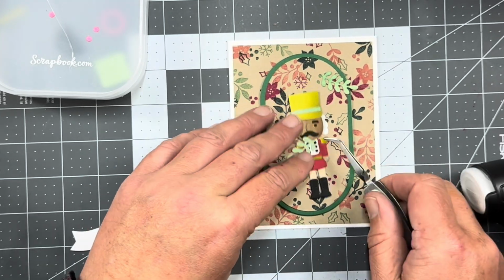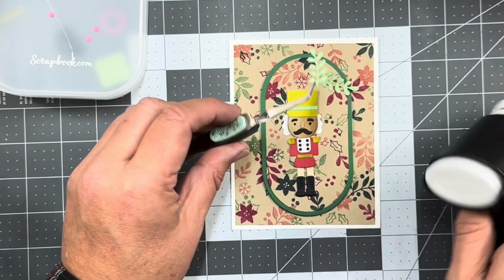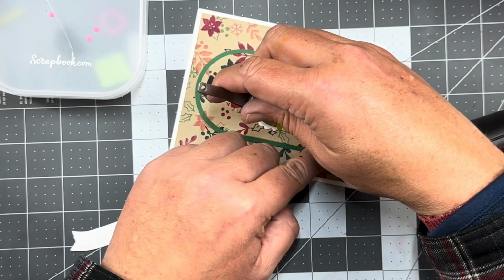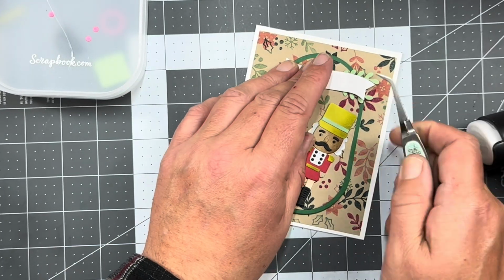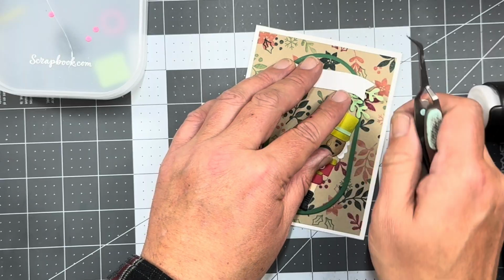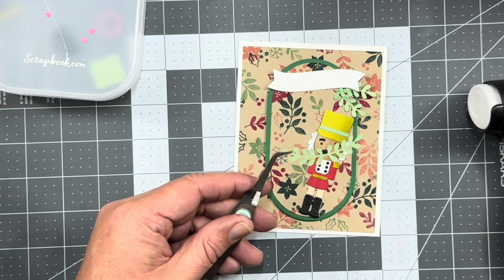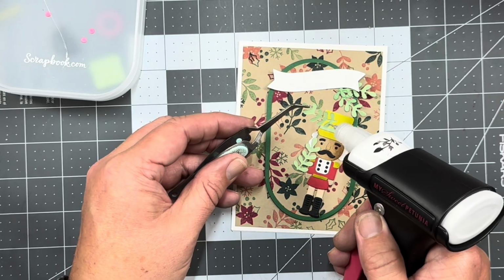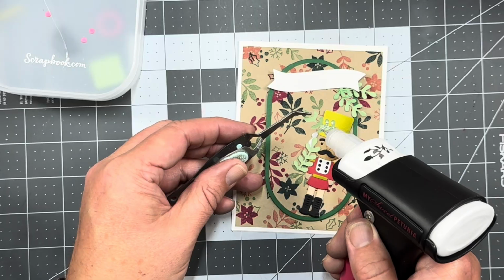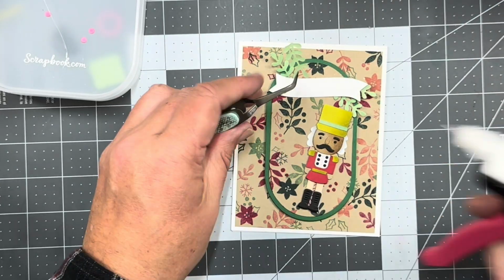I always keep the die set packaging close so that I can see how they put it together, especially doing it for the first time. And this was the first time that I have used this set. I've looked at the back, and it's got some super cute little ideas for different little nutcrackers. I wished I would have gotten this sooner and used it more, but I haven't. So you'll probably see this pop up again during the winter months, because you can use nutcrackers during the winter,